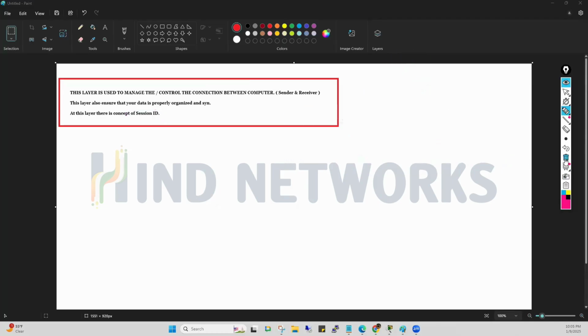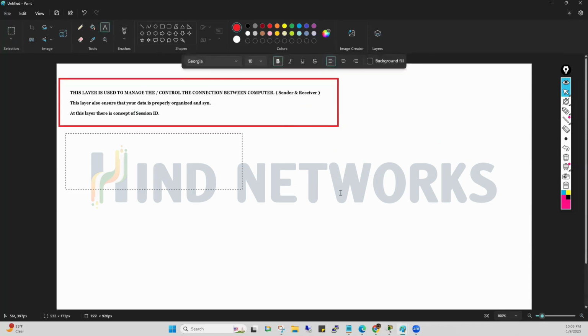It means in every tab, there will be a session ID. I hope this is clear to all of you, the session ID. So at the session layer, there is a concept of session ID. Clear, guys? Everyone, yes or no? Understand? Now,